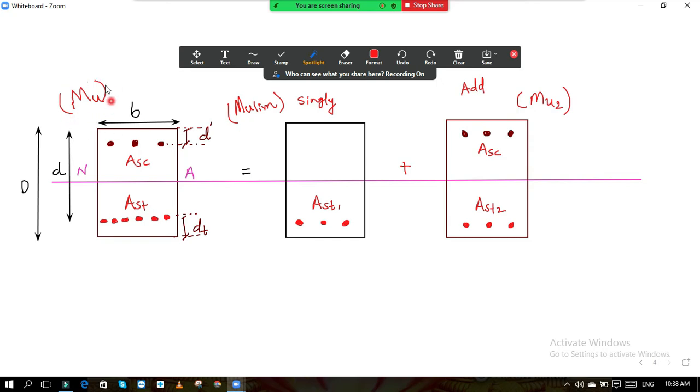So the total bending moment Mu is equal to the bending moment, or maximum moment, of singly reinforced section. So maximum moment is nothing but limiting moment, that I have already told you. So Mu limiting plus, let us assume that I have taken a notation Mu2. You can take any notation over here, Mu1, Mux, Muy, Muz, whatever you want. So Mu2 is the bending moment of this added section. So if you add these together, you will get this. Okay. So below this now, we will draw the stress strain diagram so that it will be very clear for the understanding.